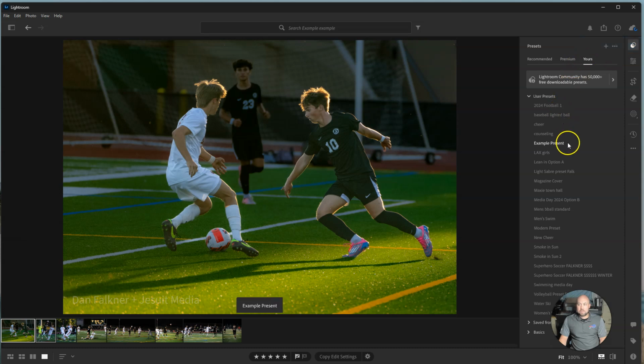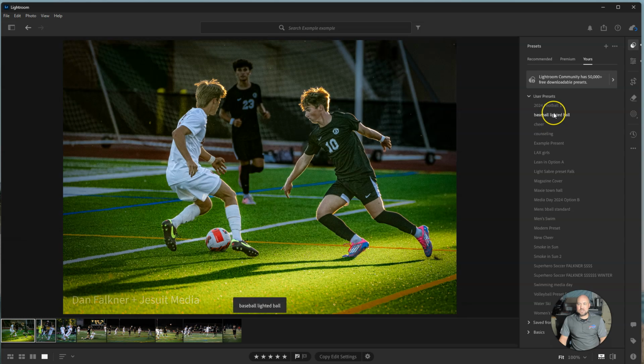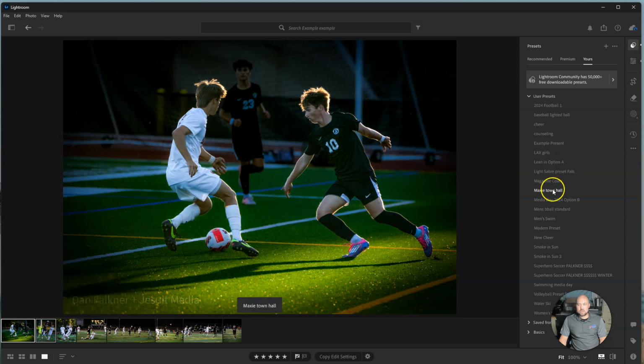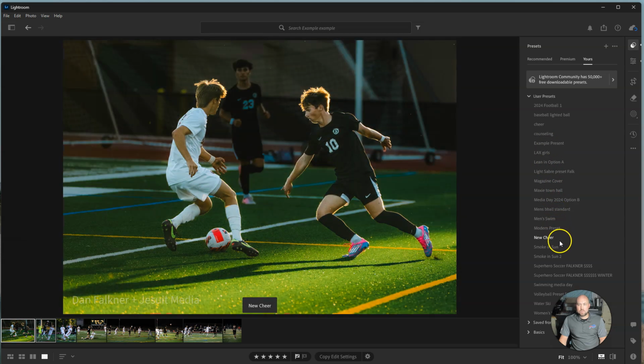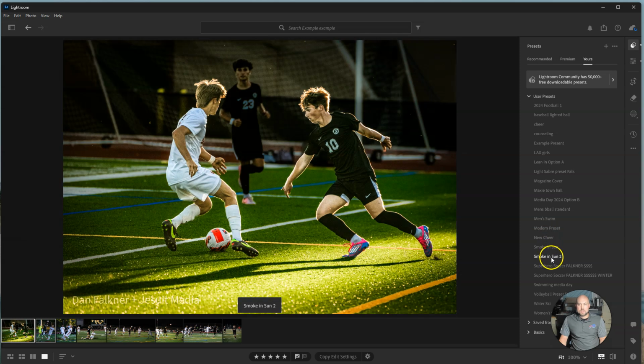So I have my presets here, and a preset just is presettings. In case you're like, what is a preset? It's just a presetting. So I could go through and look at all these and say like, oh, is that an interesting look that I might want to go for? And all of these are named to different things because I might want to do different things with them. This one might give it kind of like a fall vibe if I want that, like it's more of a golden hour versus